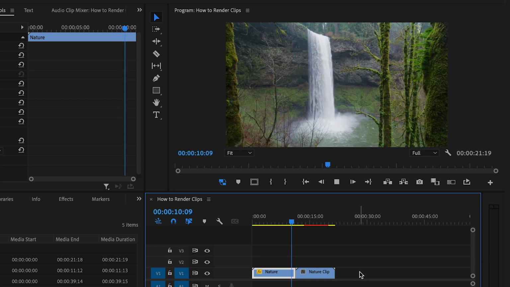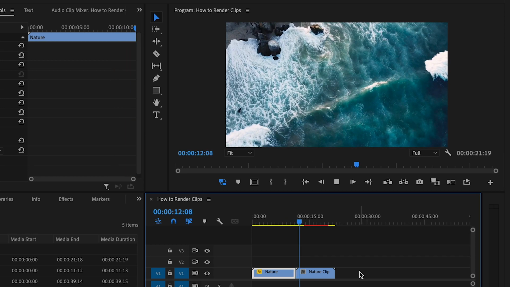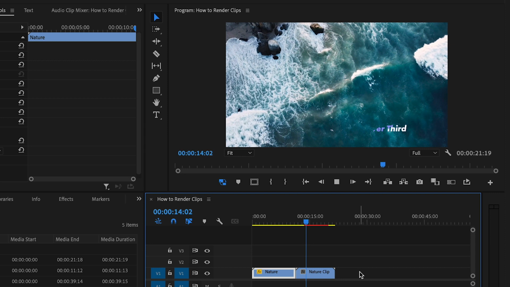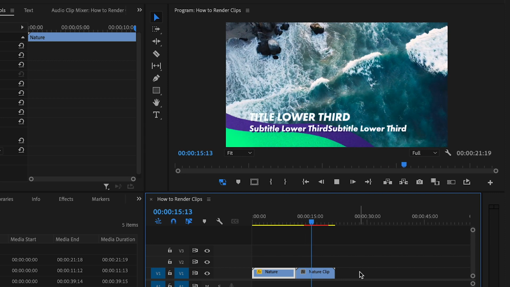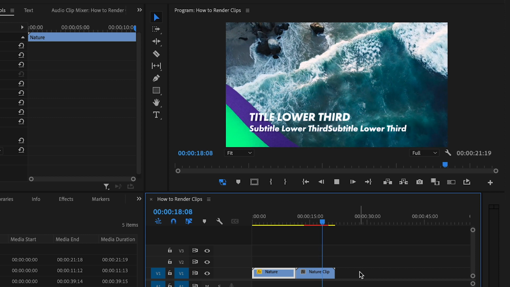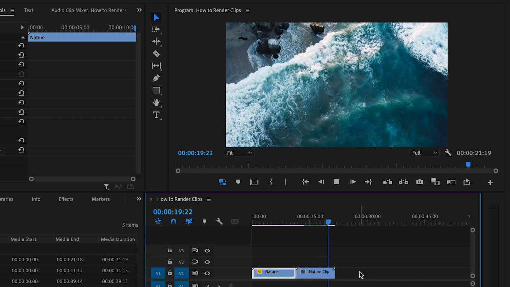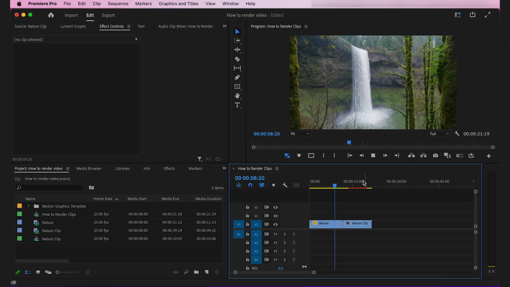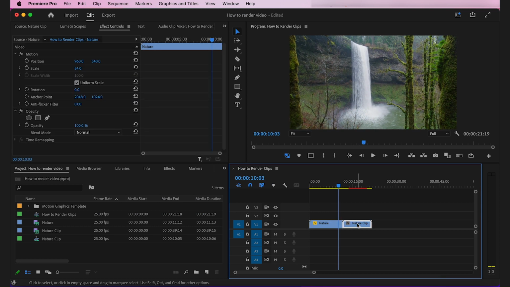Hey, in this video editing tutorial, I will show you how to quickly render videos in Premiere Pro. To get started, I have a couple of clips on my timeline that aren't playing back smoothly, hence the red bar above them. To fix this, you can render out the clip by selecting it and pressing the Enter key